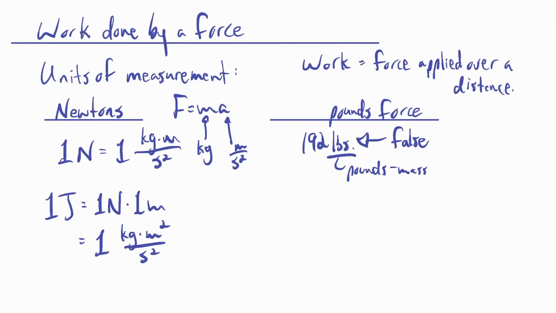This is pounds mass. My mass is 192 pounds. My weight at sea level, for example, I'm not at sea level, so my weight will actually be slightly less than this. But let's say I go to the ocean, right? My weight at sea level is going to be 192 pounds mass times